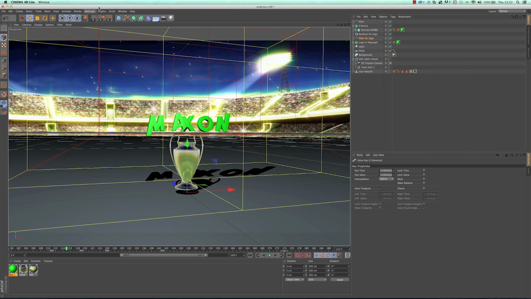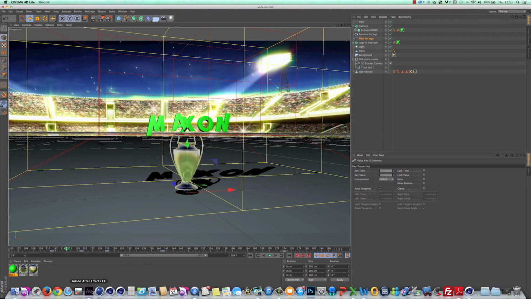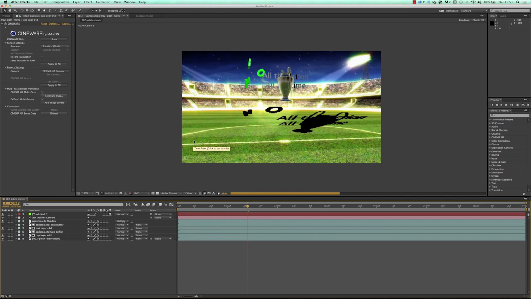Then when you're happy with it, you just hit save, and then we go into After Effects, and we're going to carry on from there, like so. Have a little look where we're at. Just let that render. And if we just skip to, I'm just going to grab a little bit later just so we can check that the text is all cool. Come on, over there.